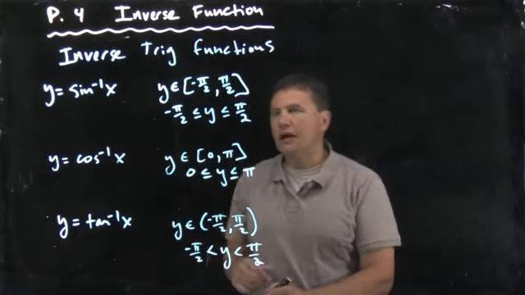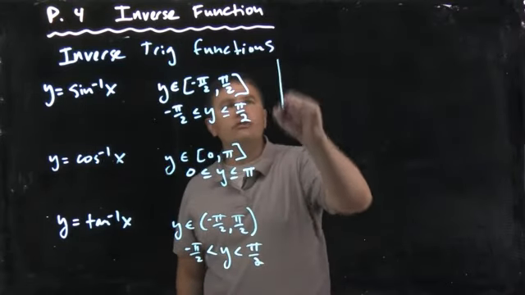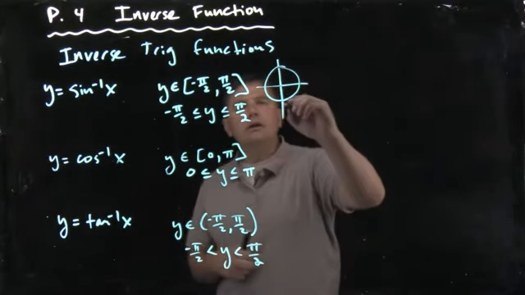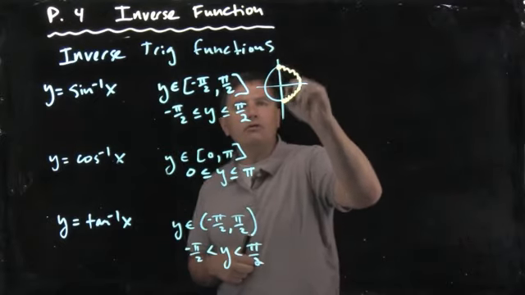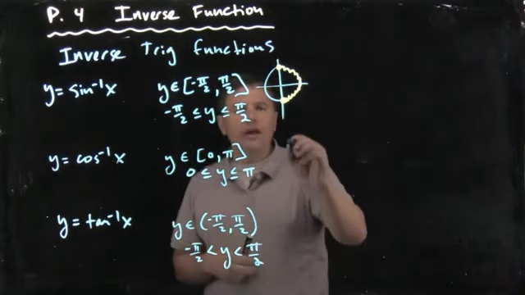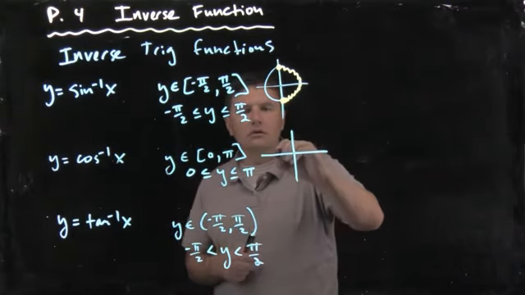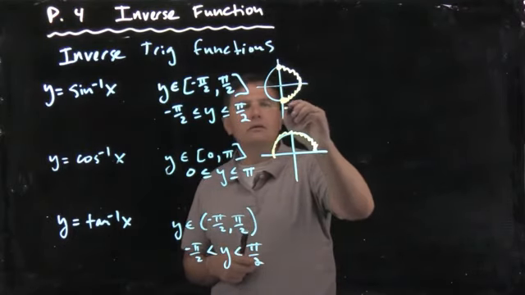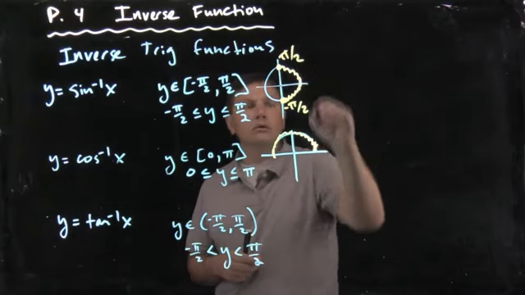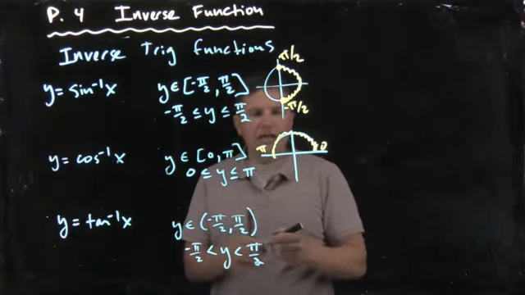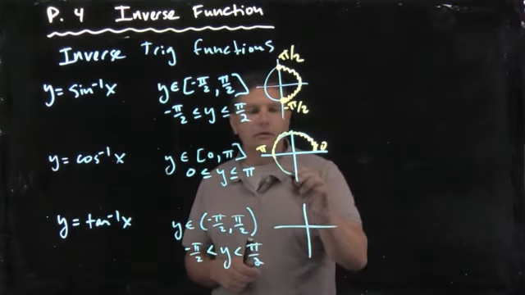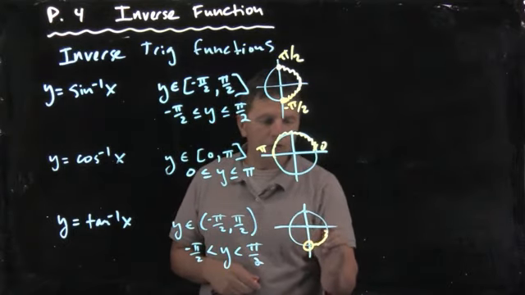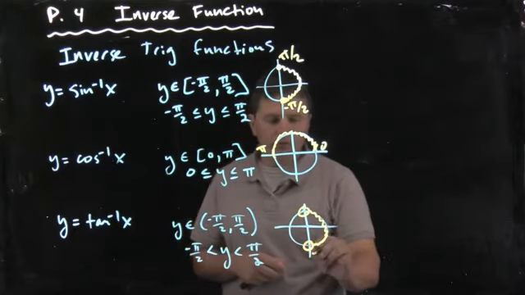So, and I'm going to show you how do we calculate these. Inverse sine. So when we start talking about these, we'll use the unit circle, our standard unit circle. We're looking from negative pi over 2 to pi over 2. Okay. For inverse cosine, we're going from 0 to pi. And for inverse tangent,